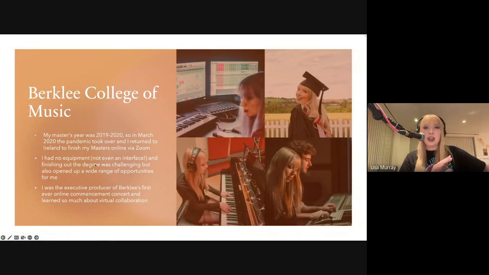During that whole time, and this is actually quite relevant to what we're going to do today, I did my master's degree from 2019 to 2020, and in March of 2020, they were like, go home for 2 weeks while we figure all this out, and campus is going to reopen, etc. Long story short, the campus never reopened, and I ended up finishing my master's completely remotely, with zero equipment. I went from using studios at my undergrad college at Trinity to Berklee, where I was using the studios there, and I didn't even have an interface.